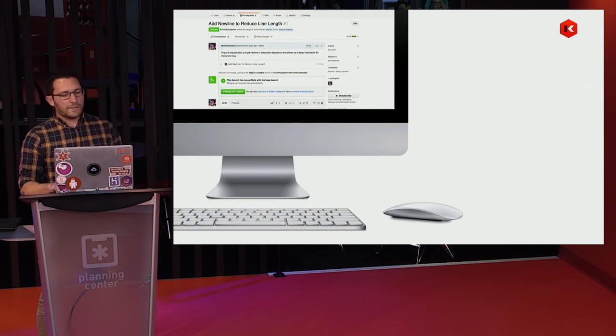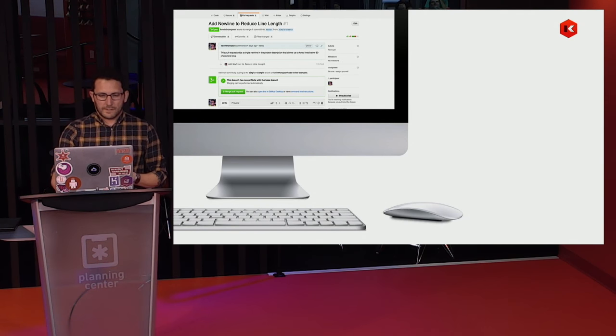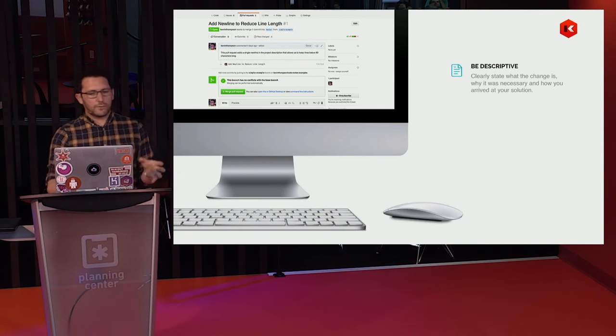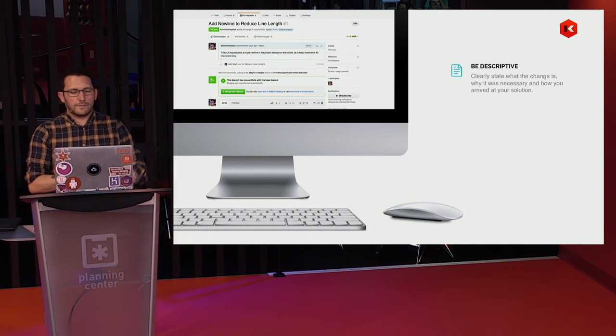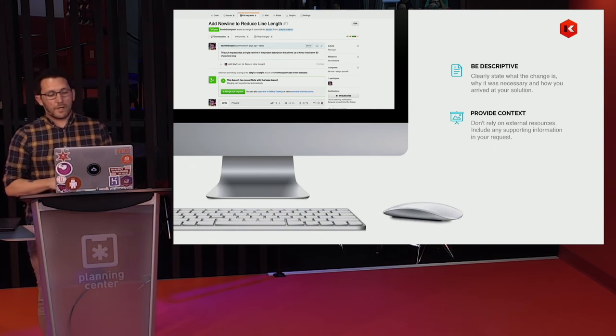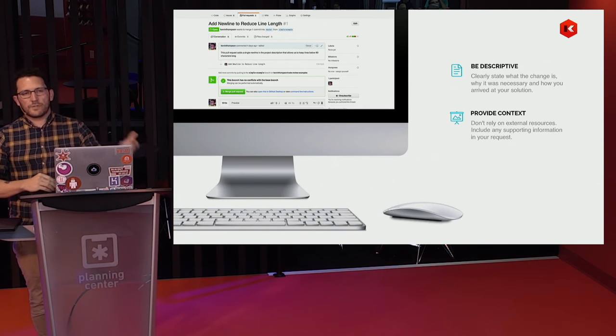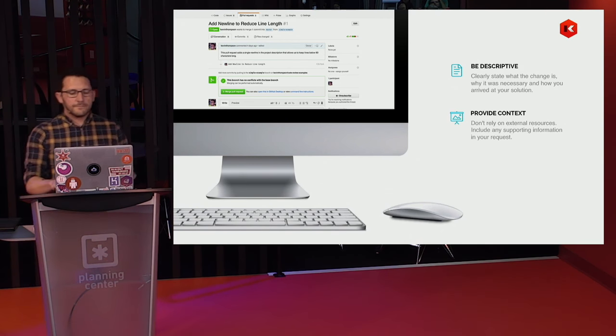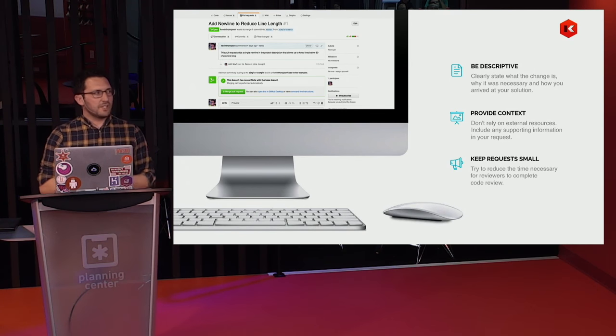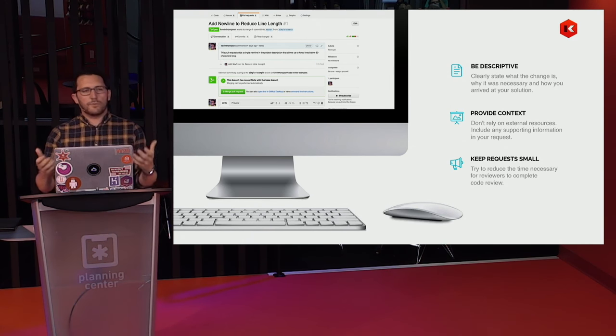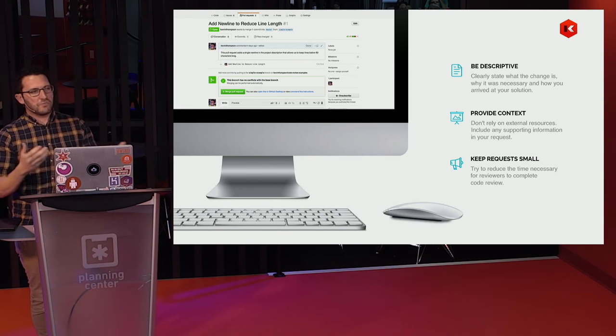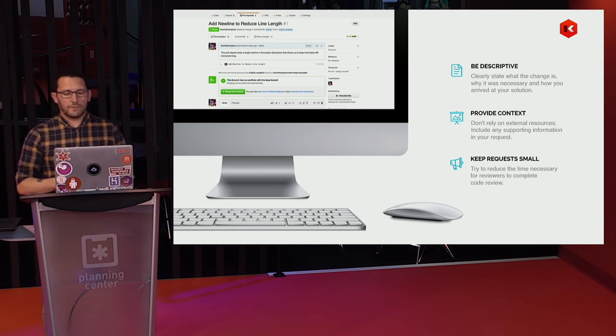So in terms of requesting review, we've covered a few different things here. We've established that we should be descriptive, right? Clearly state what the change is and how we came about our solution. We've provided a bit of context. We took any external resources and we explained them in line. And we've established that we should keep our pull requests small. Make it simple for our reviewers to look at this code. So now that we've created a solid pull request and we've established some rules around requesting review, let's actually get